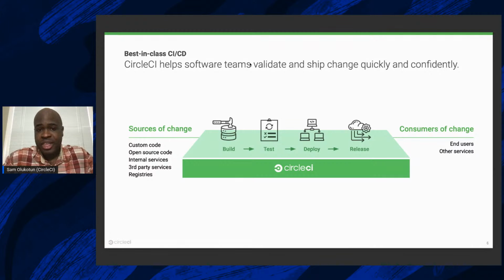CircleCI helps software teams to validate and ship change quickly and confidently. If you think of your code repositories as your sources of change, and your customers at the end of the software development lifecycle as the consumers of that change, you can visualize CircleCI as the orchestration engine in the middle that helps you handle your build, your test, your deploy,